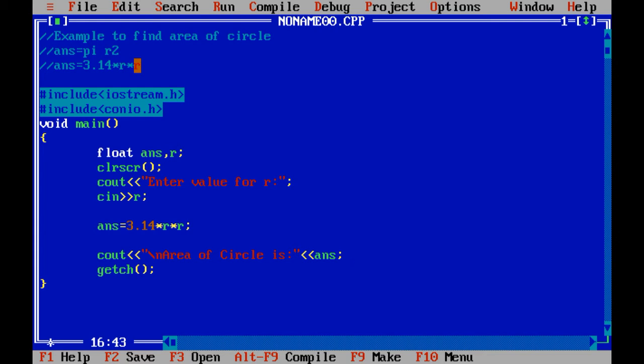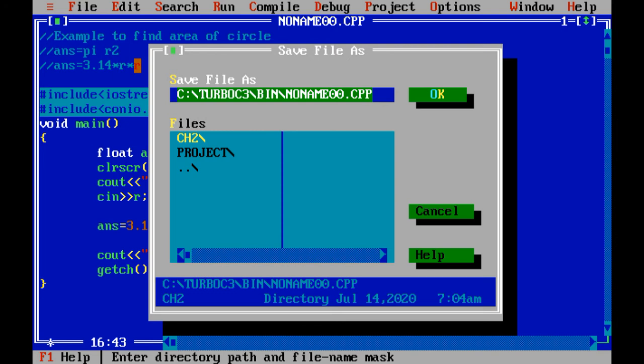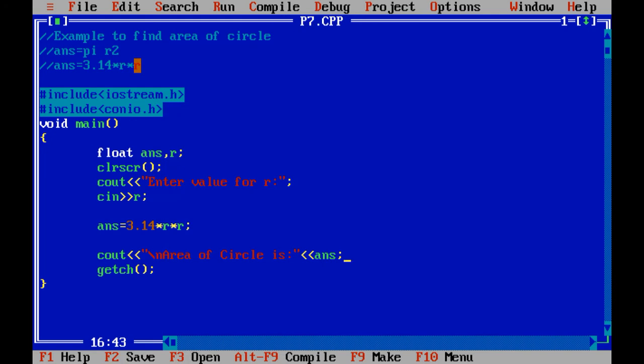Now let us save this program by pressing F2. This is our 7th program, so I am giving p7.cpp, because our file is based on the C++ language, so .cpp. Now here you can see that our file is renamed.